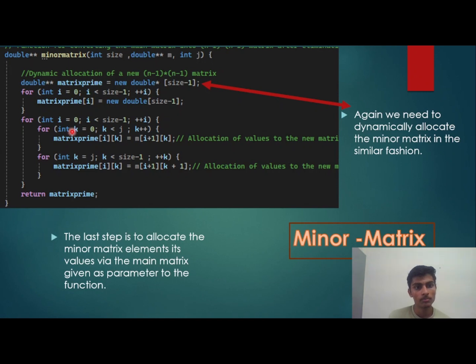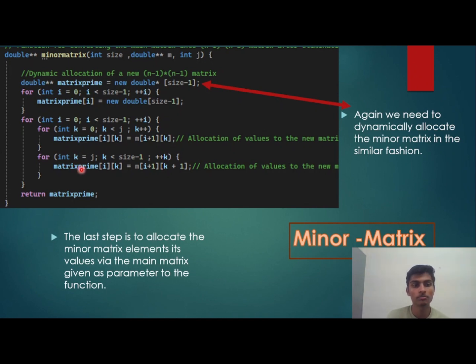Now there are two cases: till j, the jth column you have chosen, you don't need to care about the column number. The column number of the new matrix prime element and the main matrix, feed it to the function. The column number will be kept the same,